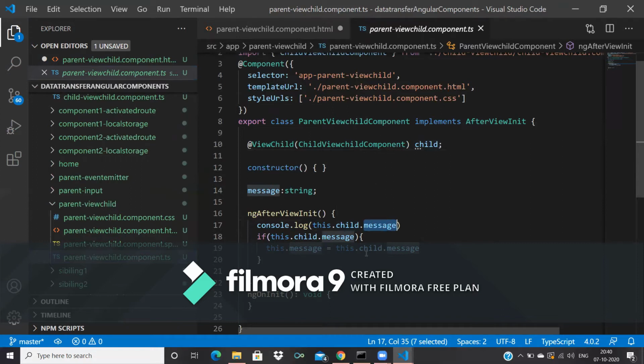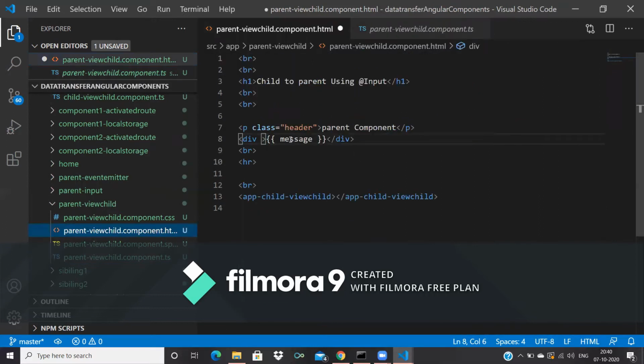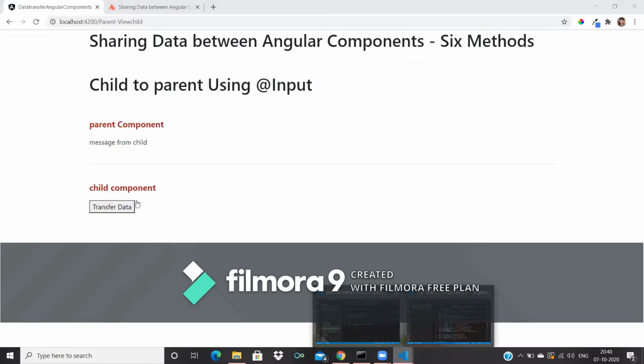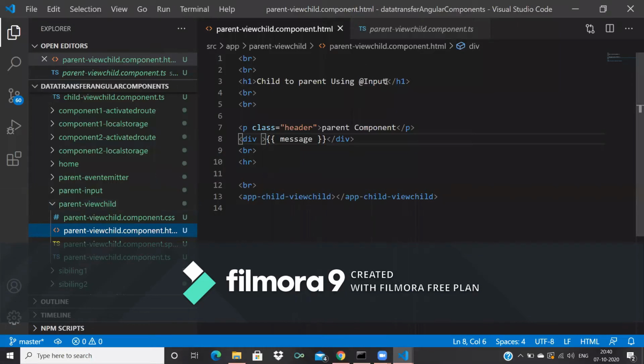I will get the value I'm passing to this message, and I'm binding the data in the HTML. Let's see here. Same way, when I click here, it is passing from child to parent using ViewChild. I mentioned @Input earlier, but that was wrongly mentioned; it is using ViewChild.